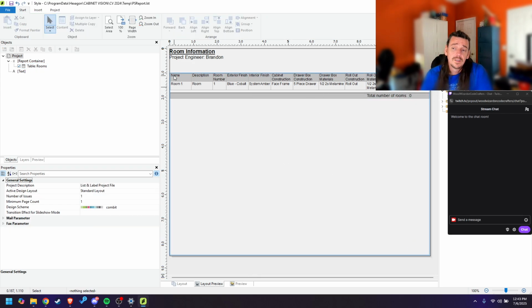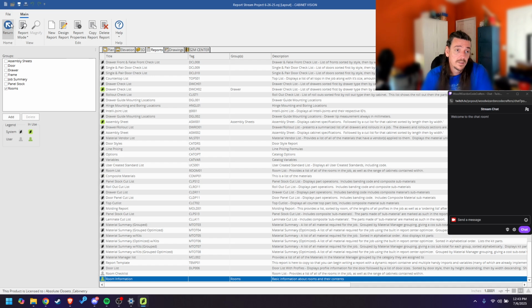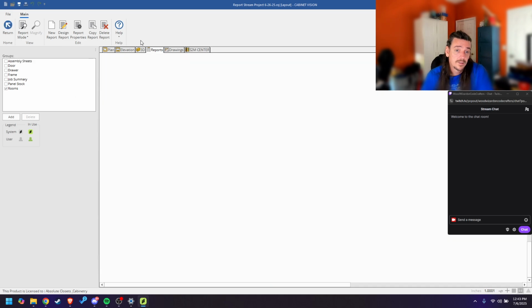And so basically you've got a room report. It's going to tell you who the engineer was, what page it is, what day it was printed on, and it's going to give you some basic material about the room itself. And then it's going to give you a total number of rooms down at the bottom. So if we save this and close it and return to the report center,